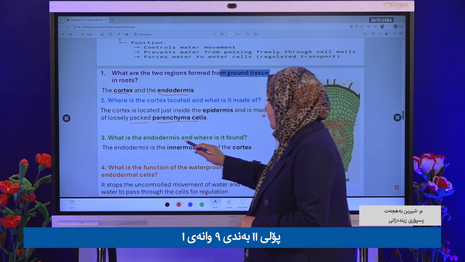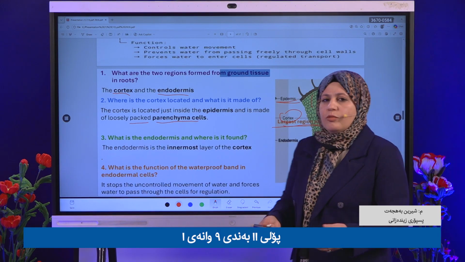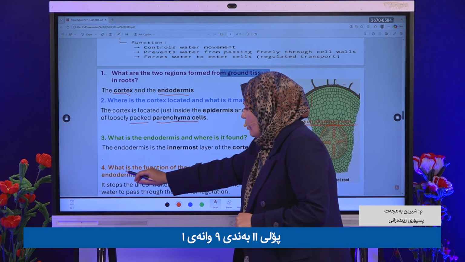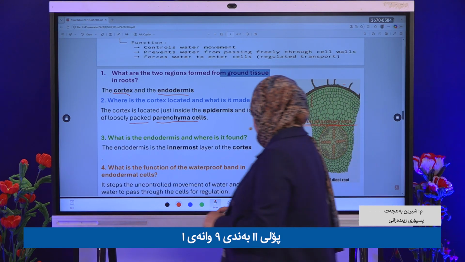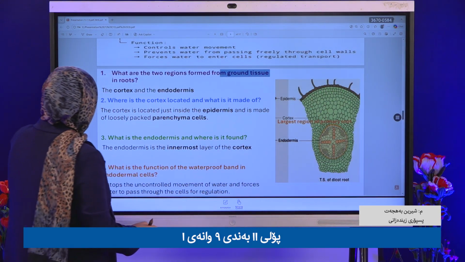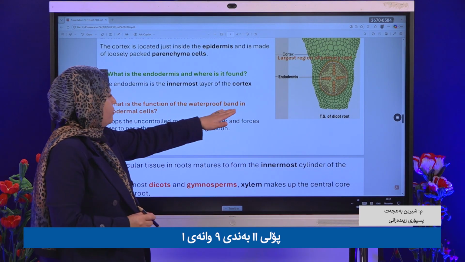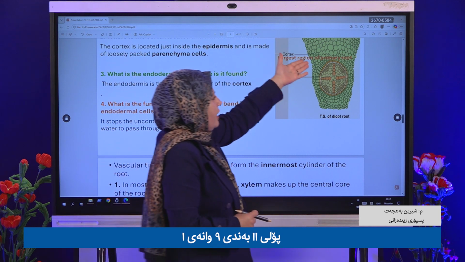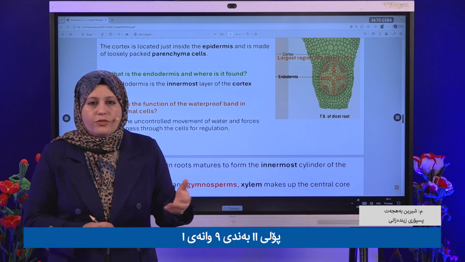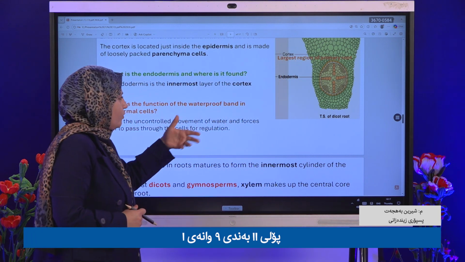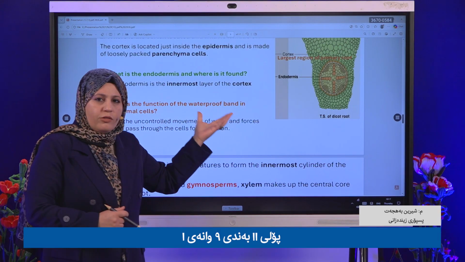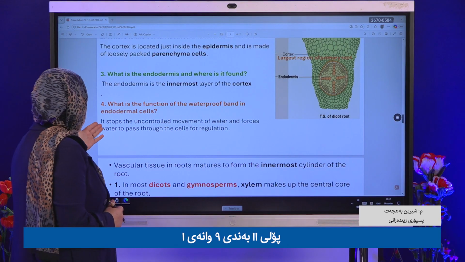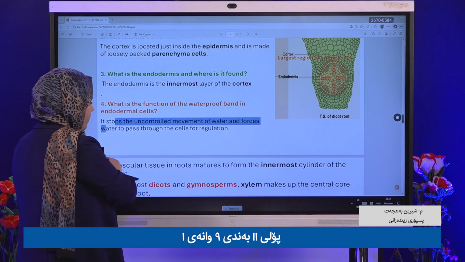What is the endodermis and where is it found? The endodermis is found inside the cortex. Okay. What is the function of it? The endodermis cells are specialized cells that are waterproof. Why waterproof? What is the role of this waterproofing for the plant? How does it help the plant? So it stops